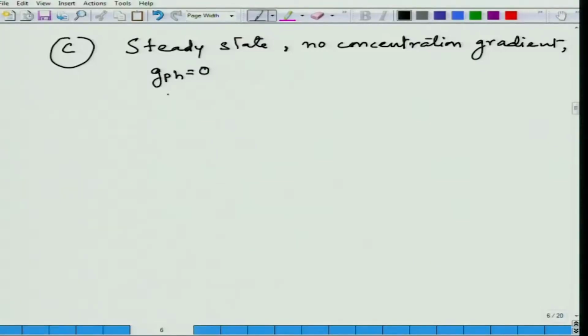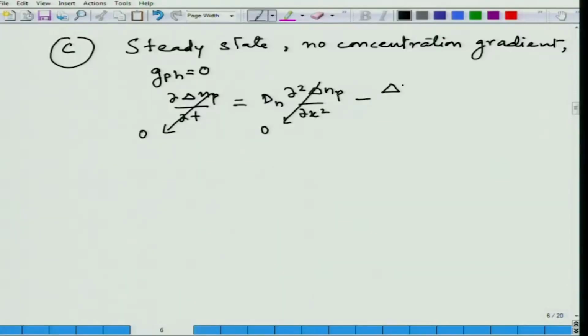I am left with, the left hand side is equal to, this is actually already steady state. So this is also going to 0, there is no concentration gradient, hence the second term, which is the second derivative, is also going to 0. I am only left with the third term, and I have already said that the